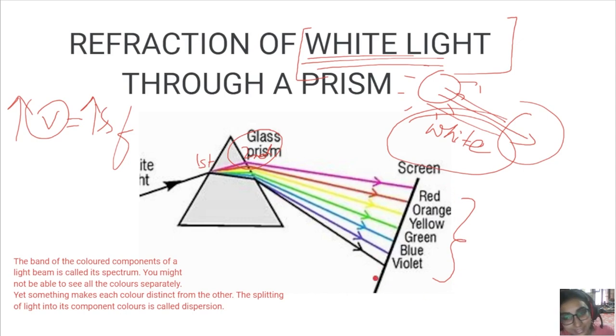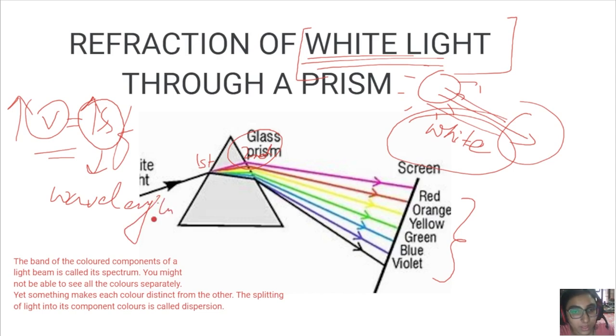So how exactly does the wavelength differ? So remember, like I told you, the wavelength and frequency both are dependent on the speed of the light. So in this case, if I talk about the wavelength only, more the wavelength, less will be its deviation. So what I mean to say is that the more its wavelength, the less it is likely to deviate from its original path. So like you can see here,